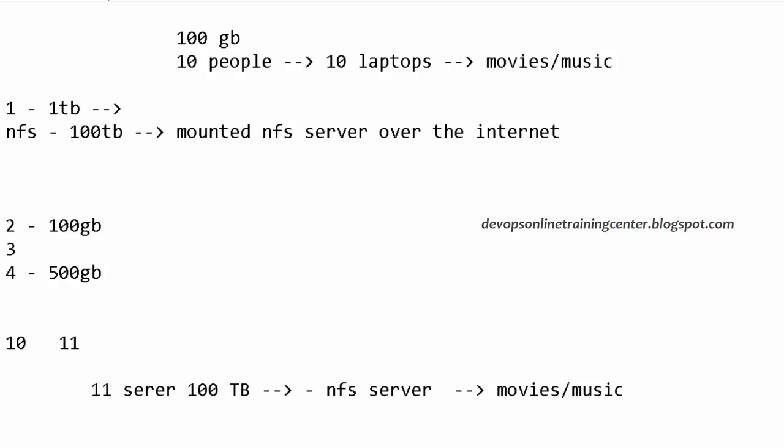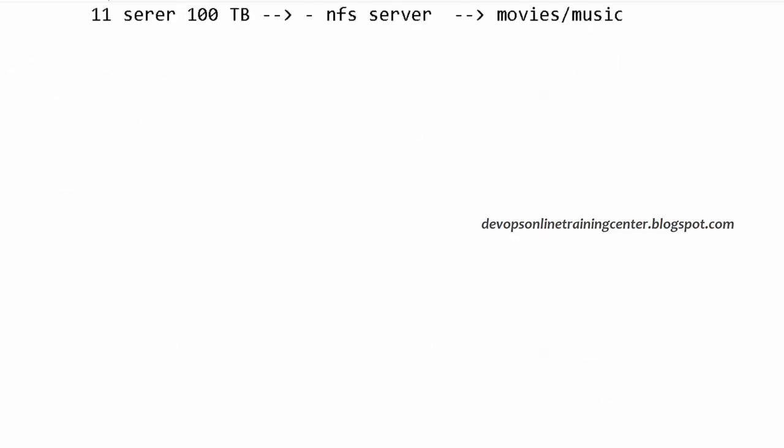Basically we are sharing the file system with a few people. Here there are 10 people, and everybody can mount this NFS server to their local machine and access the shared file system. Is this clear? This is called mounting and unmounting. Mounting is nothing but attaching and detaching. So mount is the command to attach, and umount is the other command to detach.